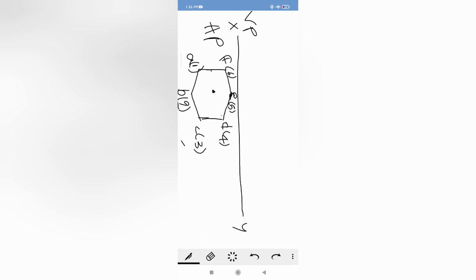Here the center comes, which is represented as O of P. Here in case of prisms you should not connect all these points A, B, C, D, E to O. We do not connect all the points to the center, because from the top view you can see only the hexagon. No lateral surfaces or lateral edges can be seen in case of prisms. But whereas in case of pyramids you can notice even the lateral edges from the top view.